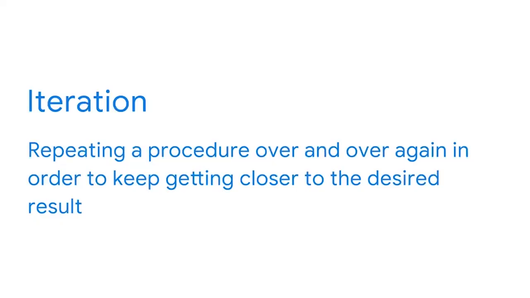No matter which BI tool you're using, a very important concept in our field is iteration. Just as the railroad workers are constantly evaluating and upgrading trains, tracks, and other systems, BI professionals always want to find new solutions and innovative ways to advance our processes. We do this through iteration. Iteration involves repeating a procedure over and over again in order to keep getting closer to the desired result. It's like a railway engineer repeatedly testing out signaling systems in order to refine and improve them to ensure the safest possible environment for railway travelers.